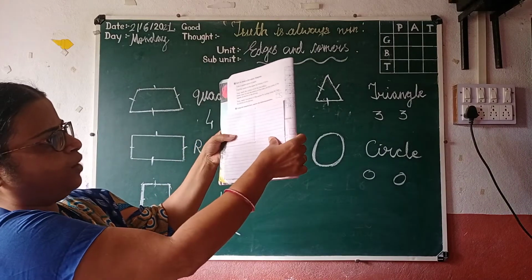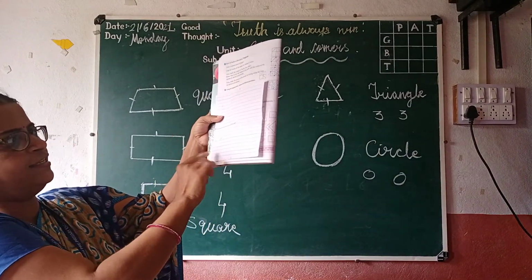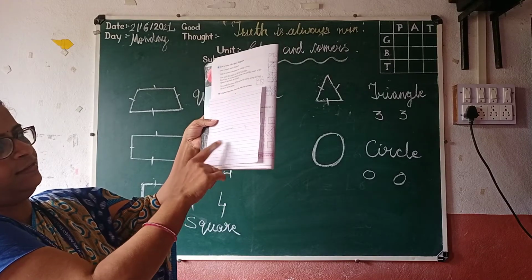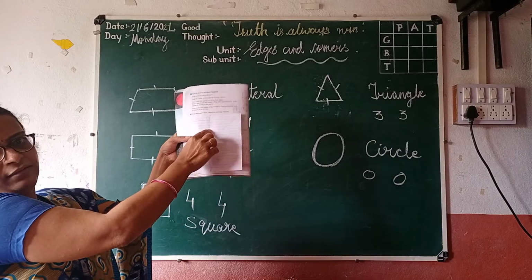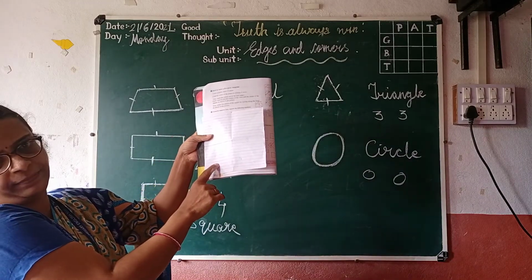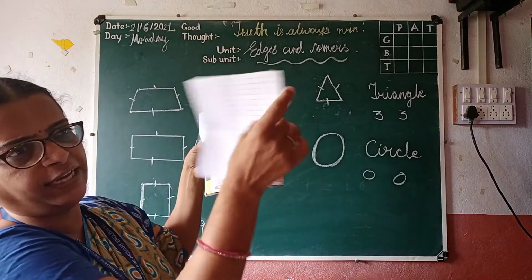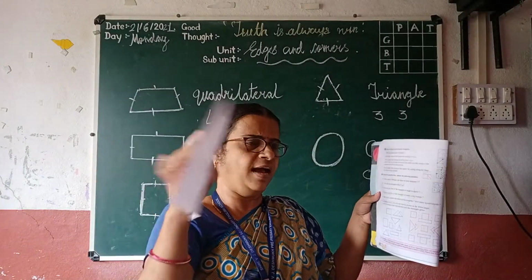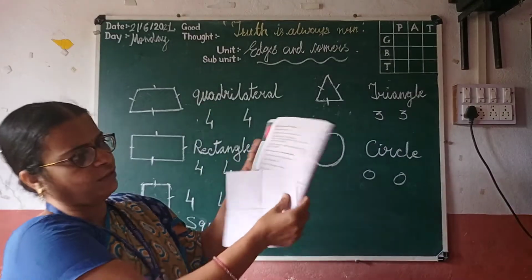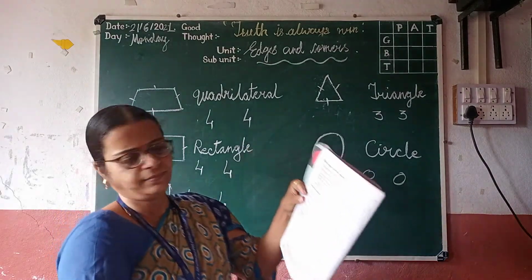So what do we get here? One triangle here. This is the second triangle and this is the third triangle. And then what do we get here? A quadrilateral and a square. Same way you have to draw in this page. You have to take this type of square paper, draw this picture and then cut it with scissors. See what you will get.